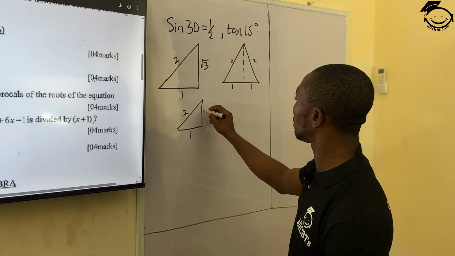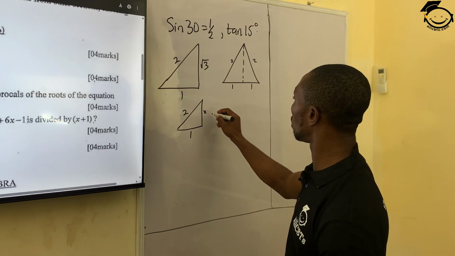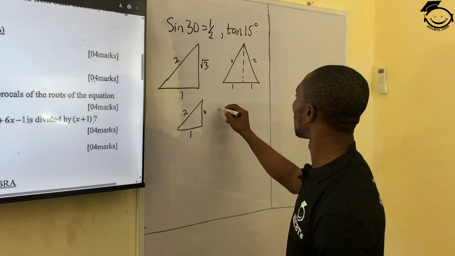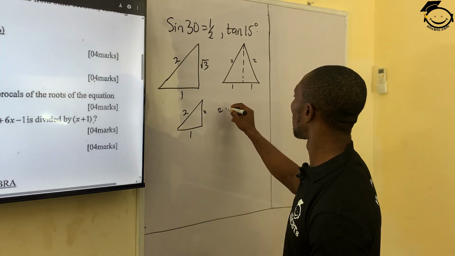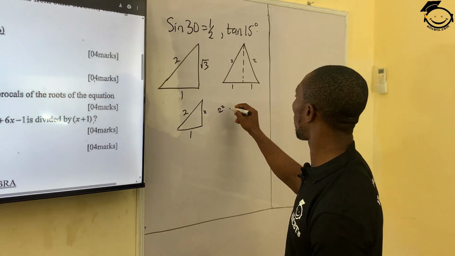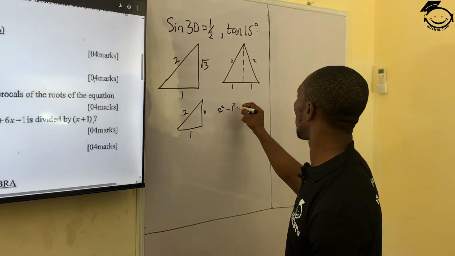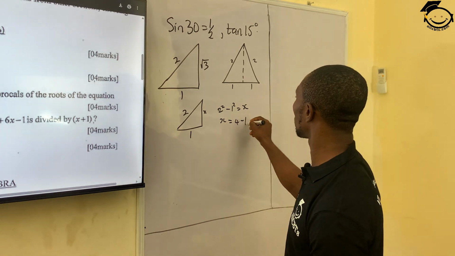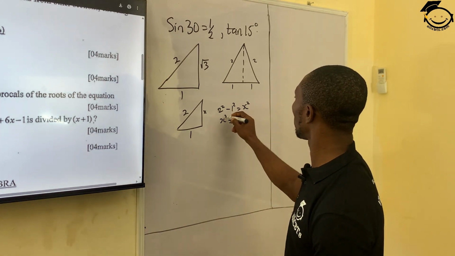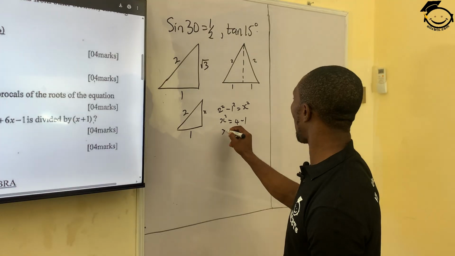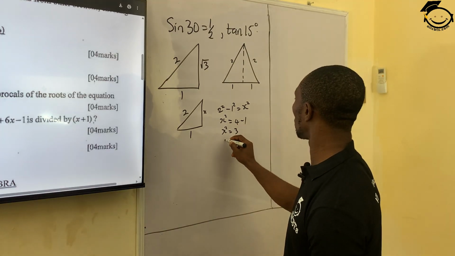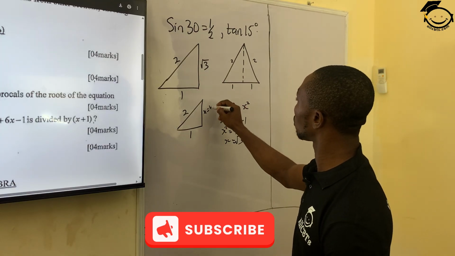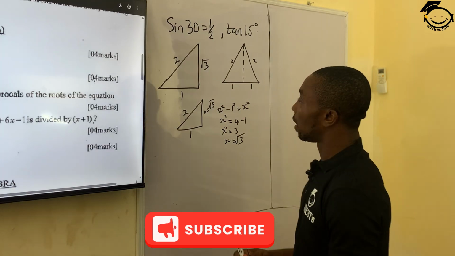So for us to find this, we have 2 squared minus 1 squared equals to x squared. So x squared equals to 4 minus 1. Sorry, x squared equals to 3. So x equals to √3. So that's how we came about this as x equals to √3. Now, having said that,